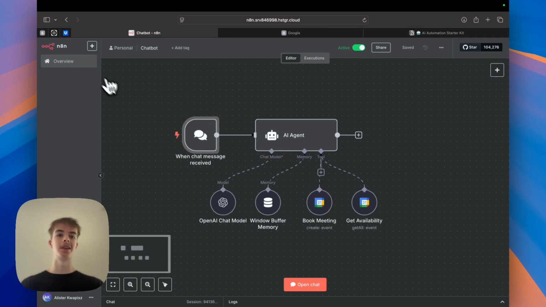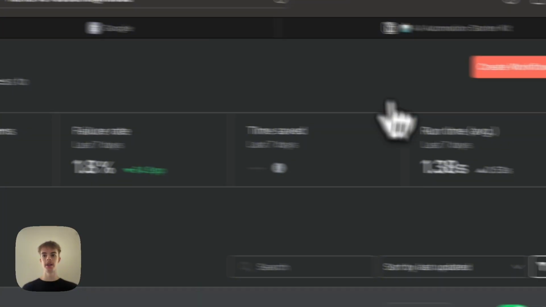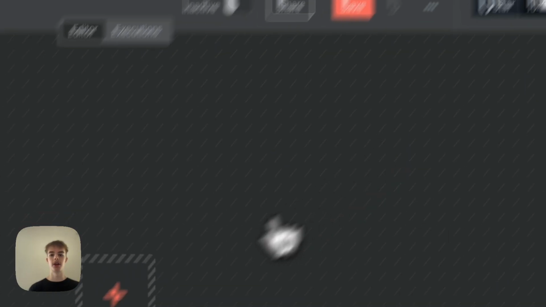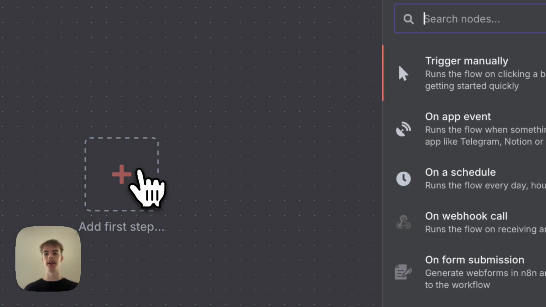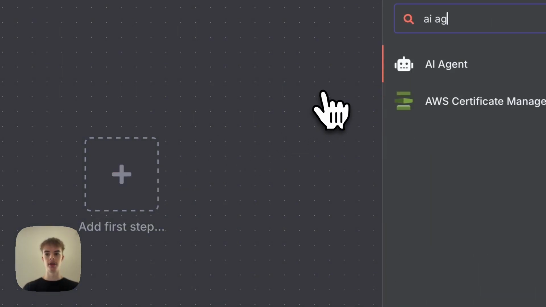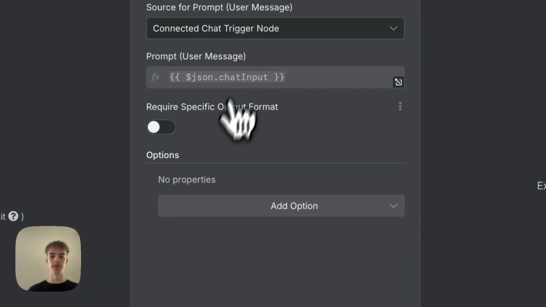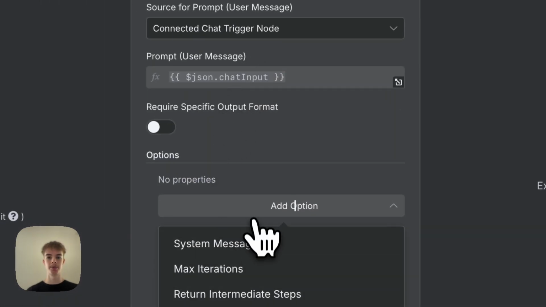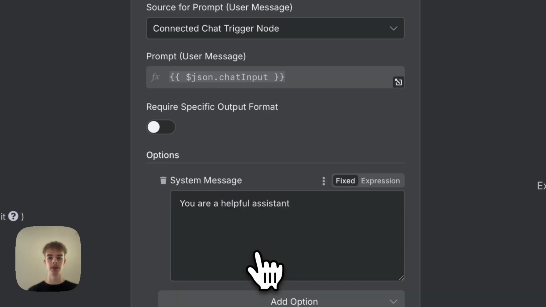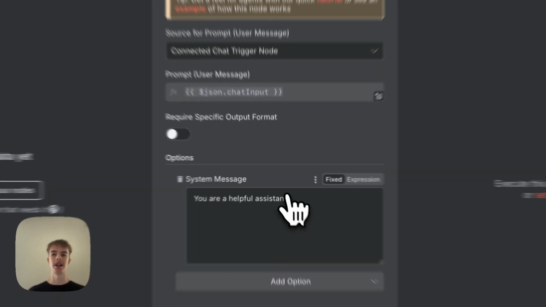We're going to be using n8n for this, so if you don't have an n8n account, just create one using the link below. Anyways, just create a new scenario, and the first step is going to be an AI agent. So just search up AI agent over here when you add a node. Just add an option right here, press system message, and this is the instructions that we're going to actually give